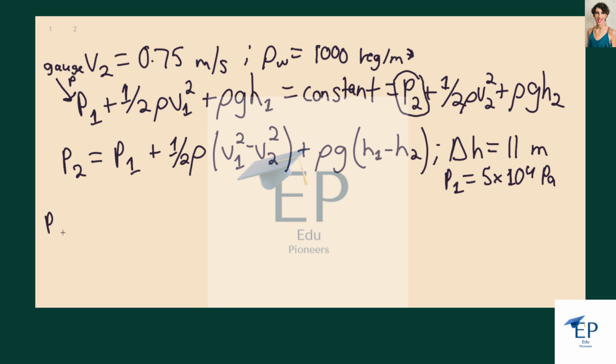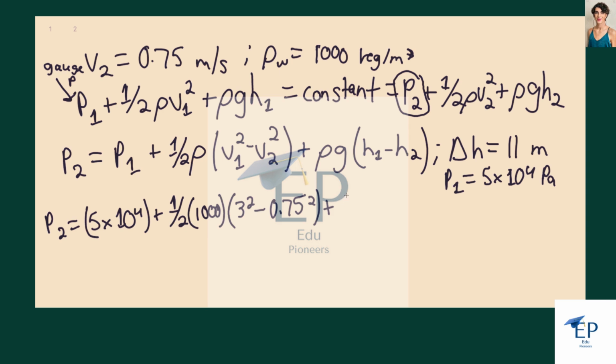So P sub 2 is simply going to be equal to the initial gauge pressure of 5 times 10 to the 4th pascals plus half the density of water, 1,000 kilograms per meter cubed, times the difference in the squares of the velocities. So this would be 3 squared minus 0.75 squared,